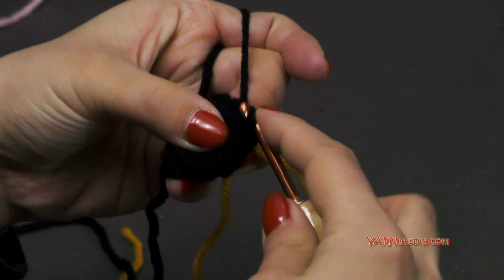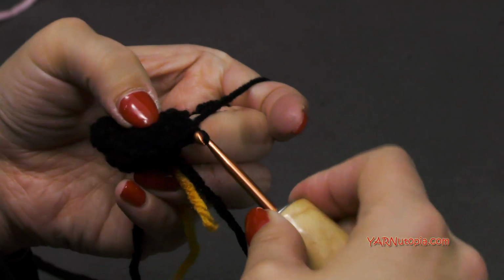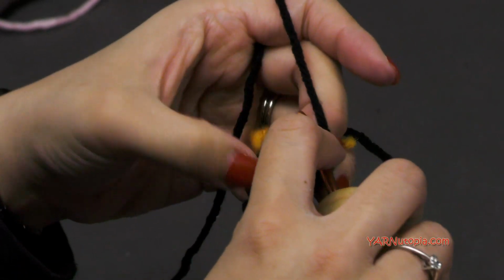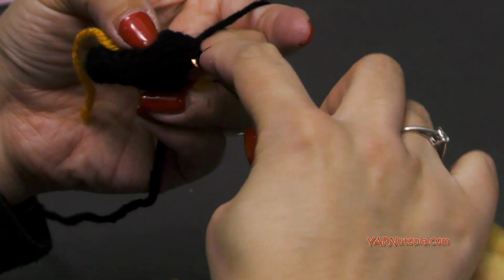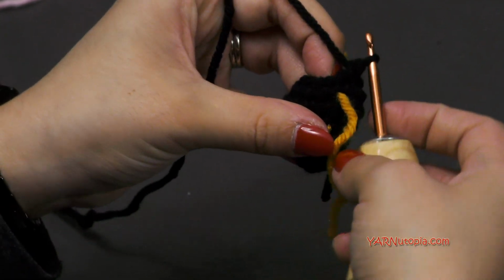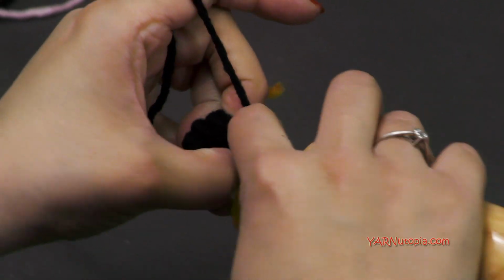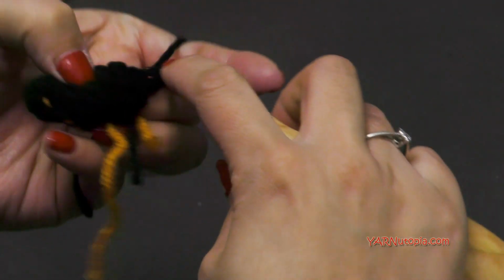Okay, I'm halfway there already. So single crochet 2 together. Here's the fourth one. Single crochet 2 together. Here's our 5th one. And our last stitch right here, back to the beginning, single crochet 2 together. Fabulous. Going on to round 8, we are just putting 1 single crochet in each stitch around. That'll be 6 stitches. So 1, 2, 3,